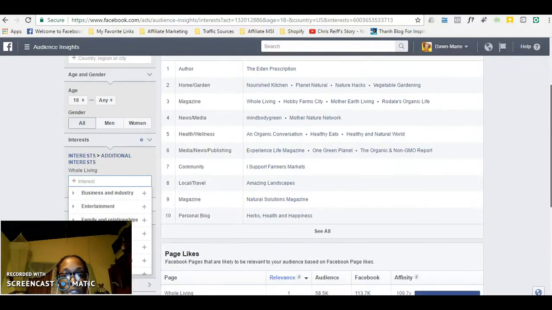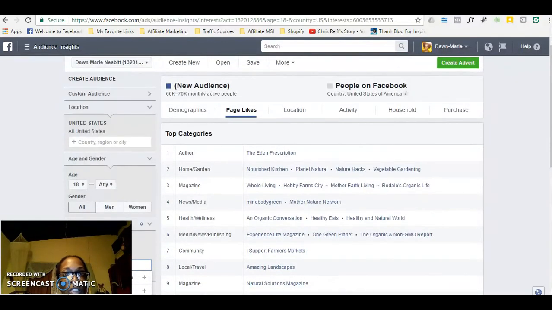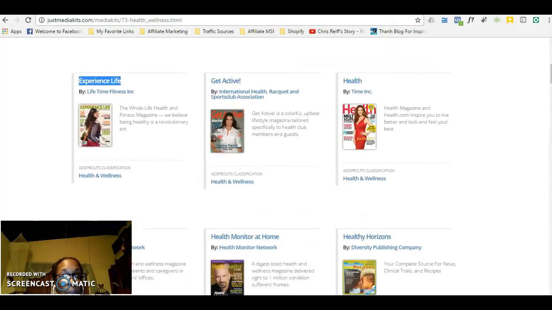So you want to make sure, one, that you can target. If you know from the very first hand what your niche is and the particular interest, then that's fine. You can go ahead and type that interest to start off. But if you are looking for people who are likely to convert, think about those people who are buyers, who are your spenders. And when I think of people who are buyers or spenders, I'm looking for those who possibly subscribe to a magazine.